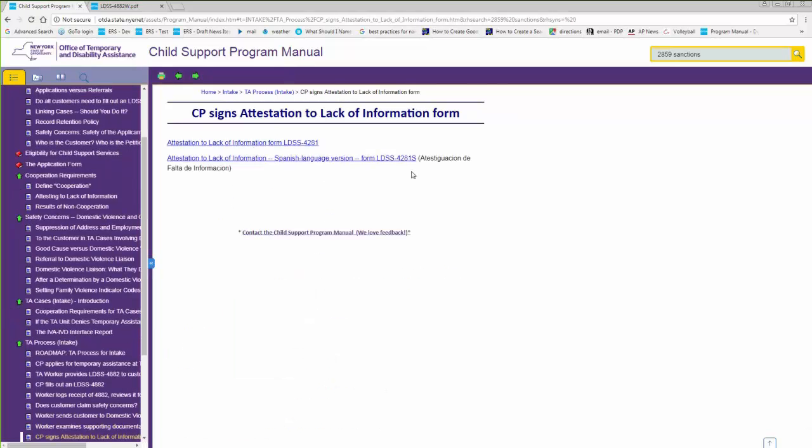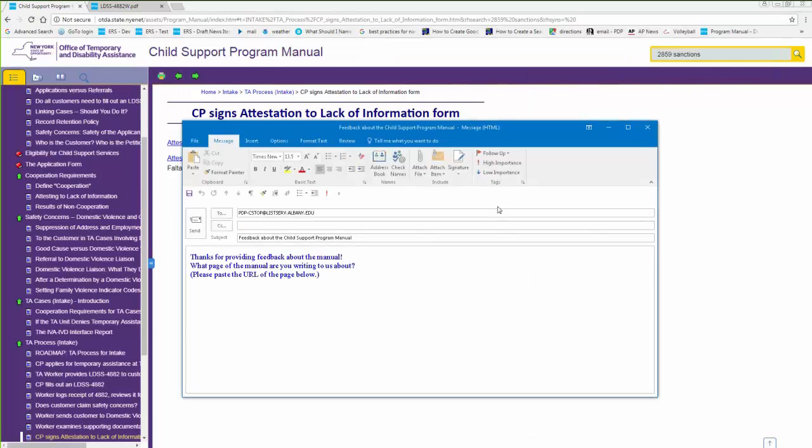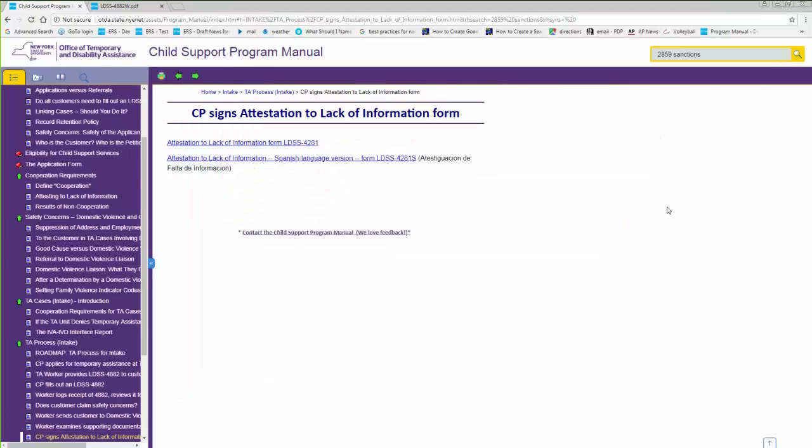And at the bottom of every single page, there's a feedback link right here. If you click that link, first of all, let's say you want to give feedback about this particular page. First, when you contact us, please tell us what page you are telling us about. So I'll just simply click or copy this URL. I'll click Contact Us. It brings up your email client or somebody's email client, pre-addressed to the manual, and then you can just paste in the URL of the page and then tell us what your issue with the page is, and send.